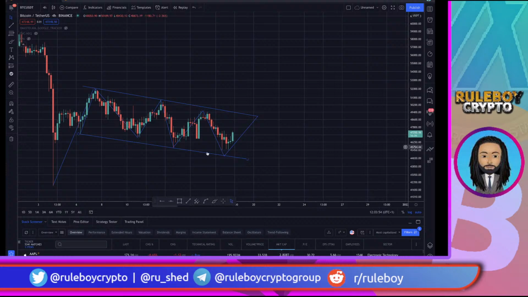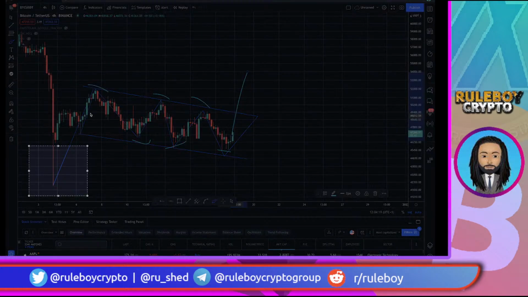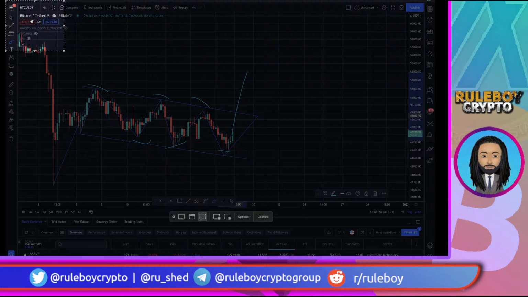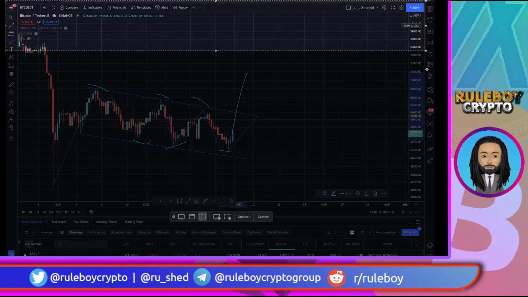We already created 1, 2, 3. We already have those 3 bottoms here. This is the first bottom, second bottom, and third bottom. So we also have the first bottom, second bottom, and third bottom. Right here, we should just see that movement up, which is a bullish sign for Bitcoin. And I told everyone yesterday that we are going to come down to that range. And definitely we came down to that range, which is so nice.